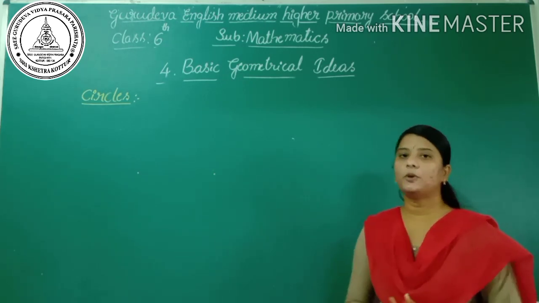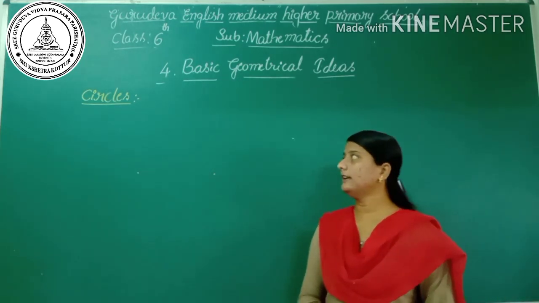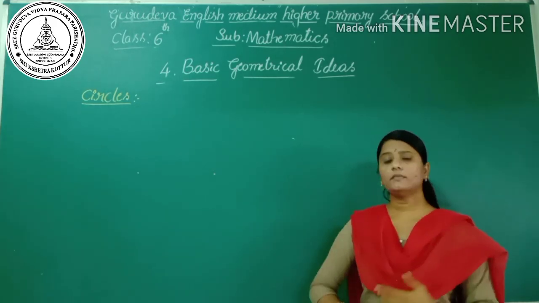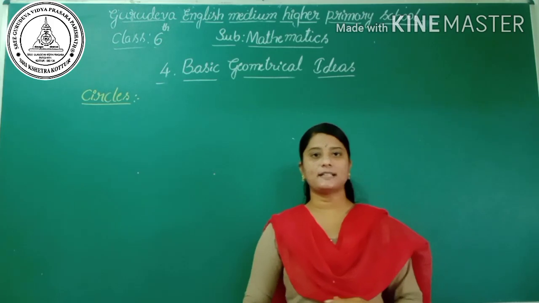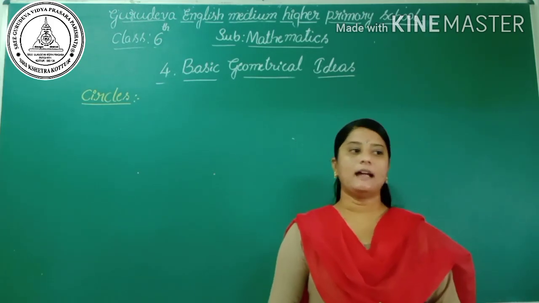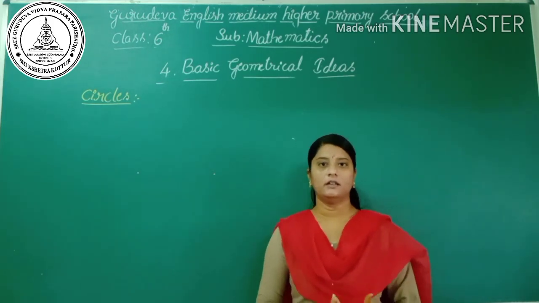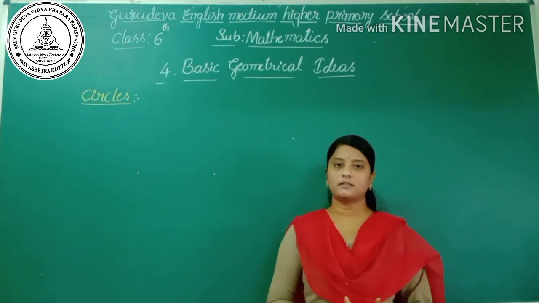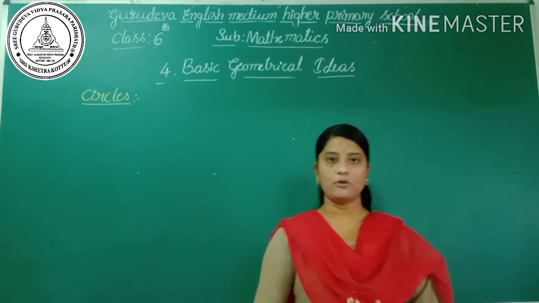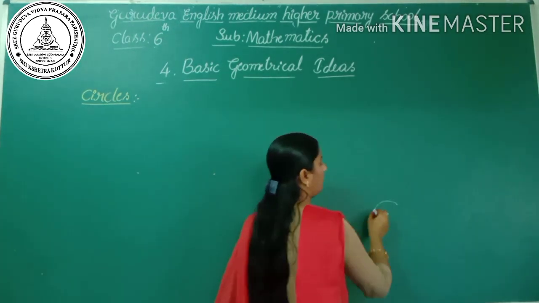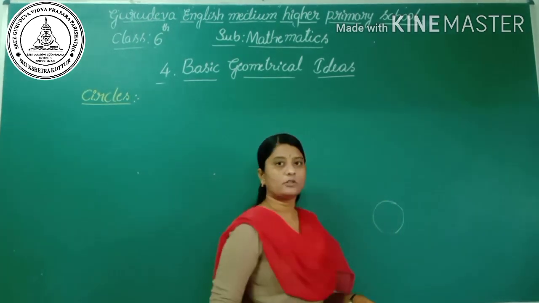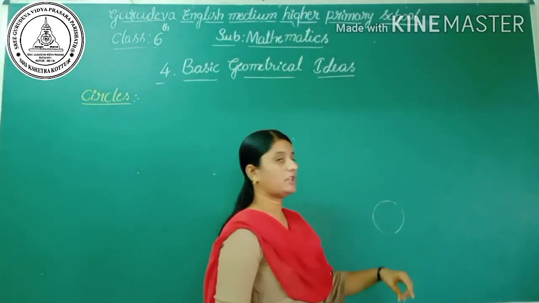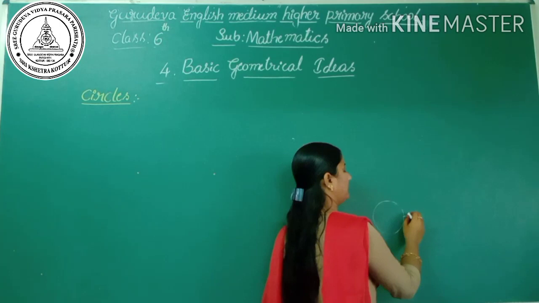In this class we are going to learn about one of the interesting concepts, the circle, right? Yes. You may have seen some objects like the ring, bangle, plate, coin, etc. So all these are in a round shape. What we call in our mathematics is the circle shape. So it is the circle.